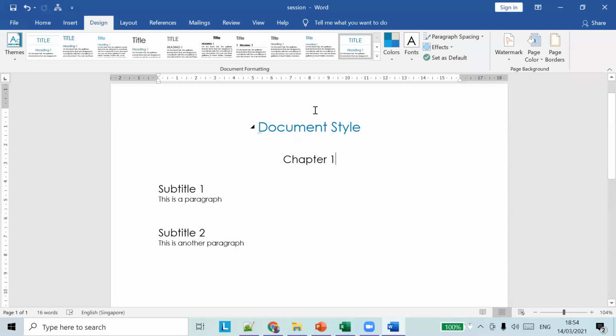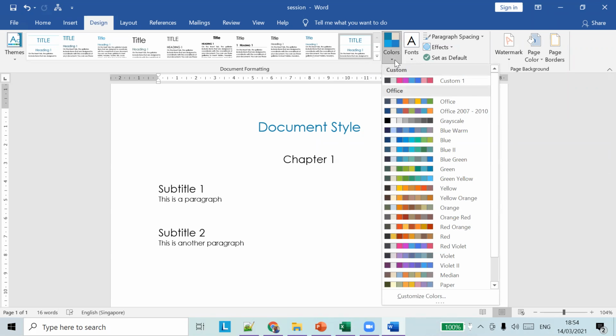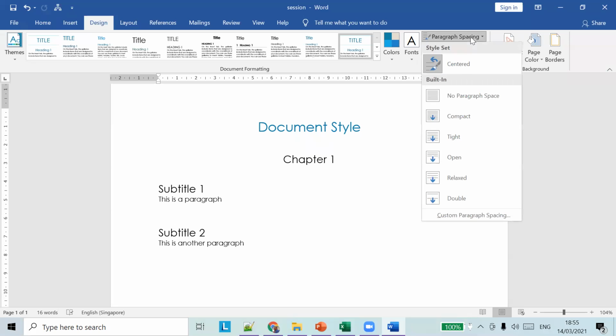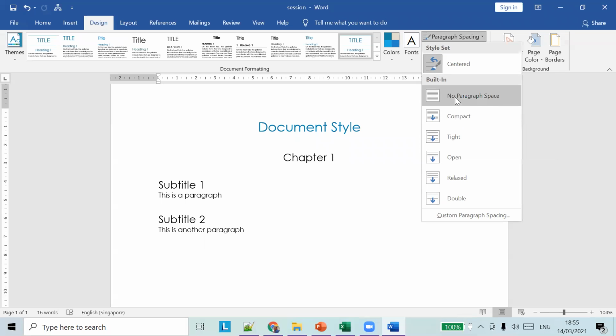So we just saw how to apply different themes to different Word documents, and we saw examples of how to change themes, and how to preview a theme before applying it. When you choose this, you can see the things that get applied for a theme, like paragraph spacing.